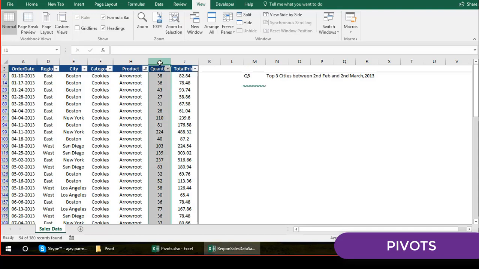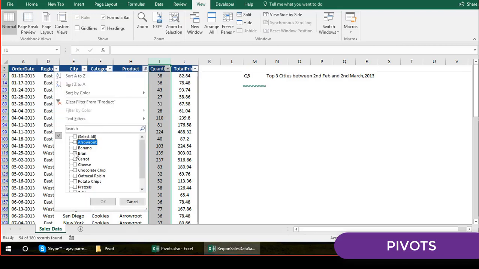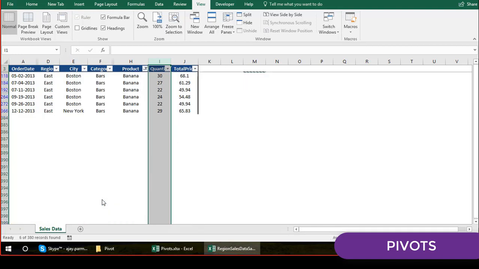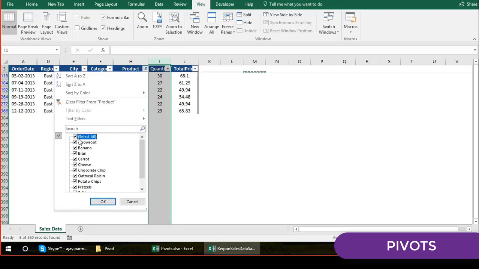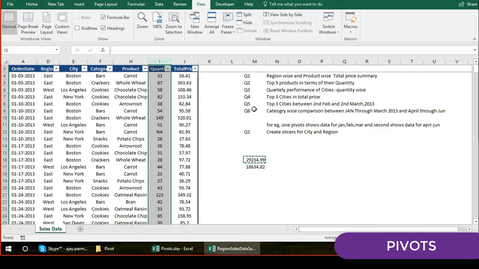So basically I'm interested in checking the total quantity, which is right now coming as, if I see the sum of this, actually 3251, right? And similarly then you go and check this, let's say for the banana, again you go and click here and you check. Now this is going to be 154 if you total this. Okay, so that sort of thing pivot can do in seconds for us, right? So we will go and check all these things.